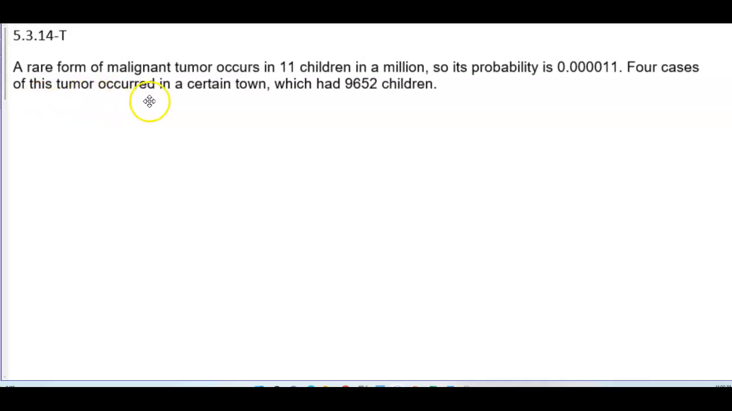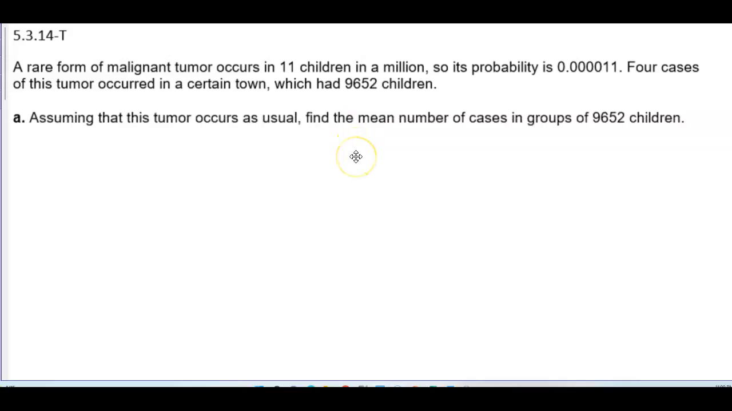A rare form of malignant tumor occurs in 11 children in a million, so its probability is 0.000011. Now, 4 cases of this tumor occurred in a certain town, which had 9,652 children. In Part A, assuming that this tumor occurs as usual, find the mean number of cases in groups of